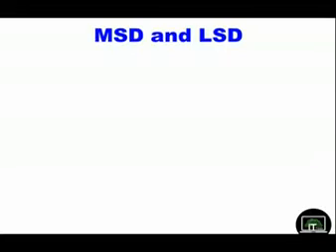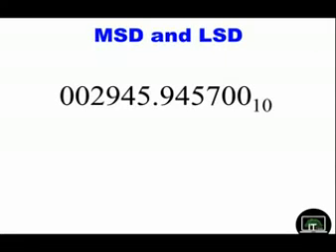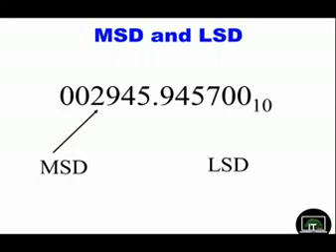Look at this number now. This is the fractional part. If it has a decimal part as well, the theory will be different. MSD is the same. MSD is the non-zero value which is far away on the left side of the decimal point. But LSD is the one which is far away on the right side of the decimal point but non-zero. The non-zero value which is far away from the decimal point, that is the LSD. So now you can easily understand what is MSD and what is LSD.